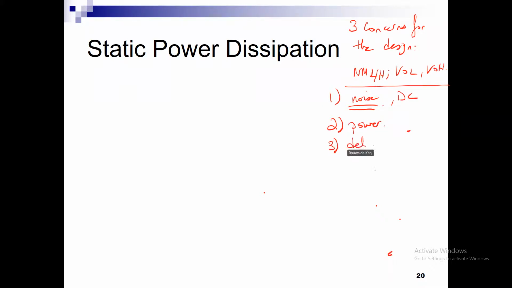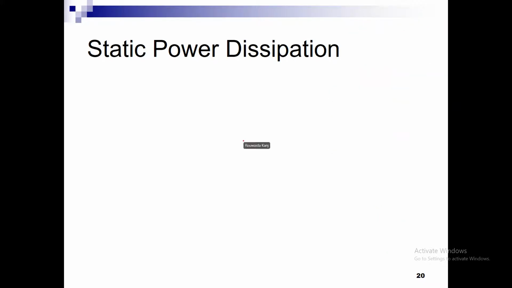And then the delay, because I need to meet speed requirements. My chip has to operate at a certain frequency, and it should not drain the battery power. So I need the energy in the battery, so it should not have too much high power. These are the three concerns that we typically study in a design. So let us look here at the